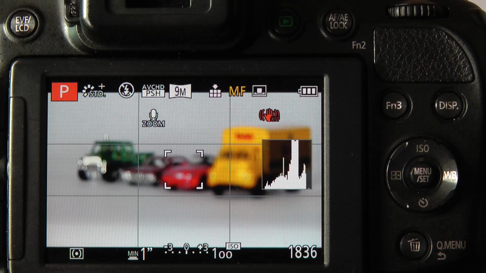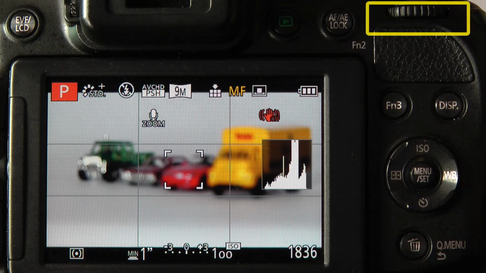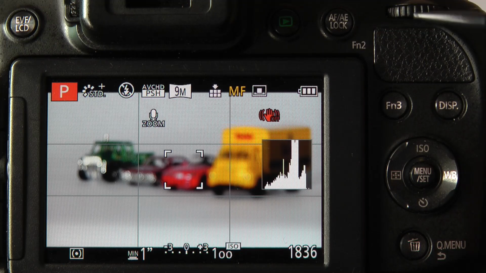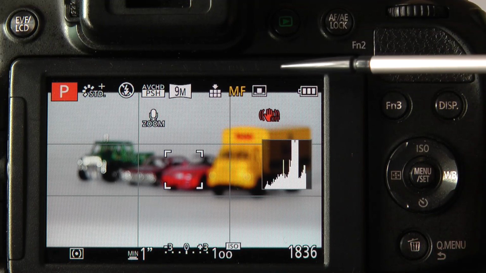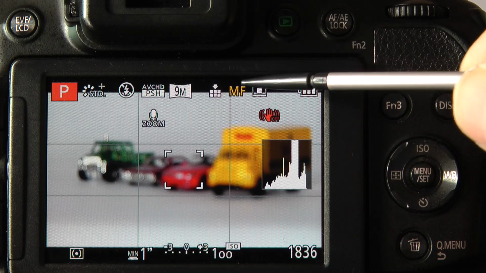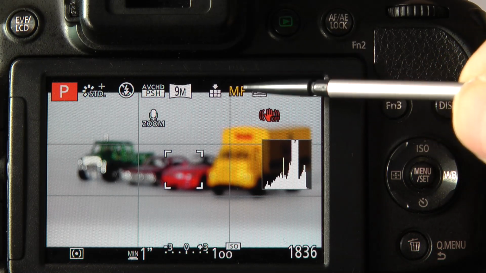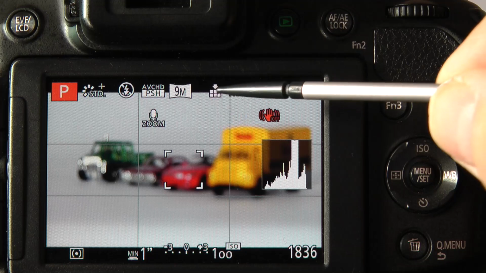Once you switch to the manual focus position, the way to engage manual focus is to use the top control dial. The top control dial is the key to setting up the manual focus. Immediately you change to manual focus, you end up with the manual focus in control, so that is the icon highlighted in yellow.